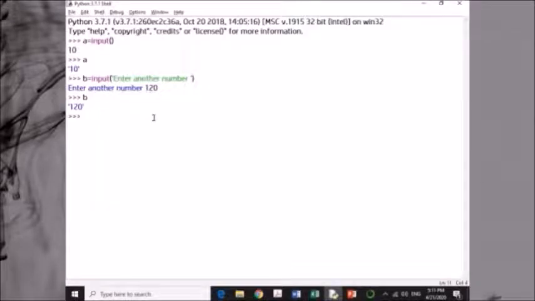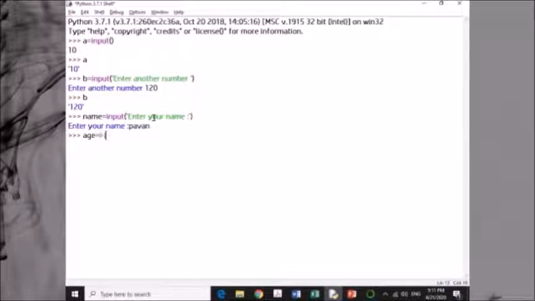Let's try it. Name is equal to input, enter your name, say Pawan.